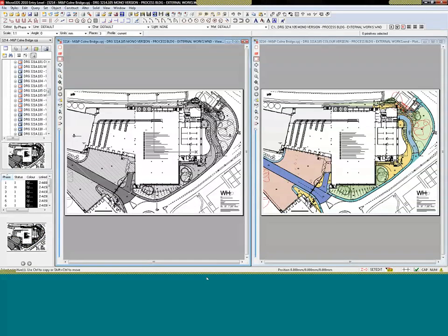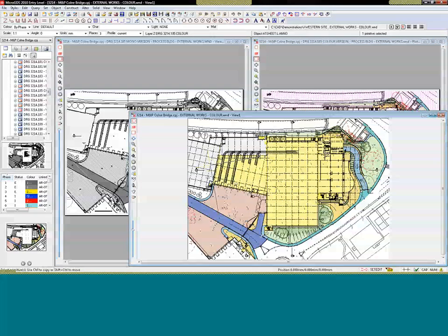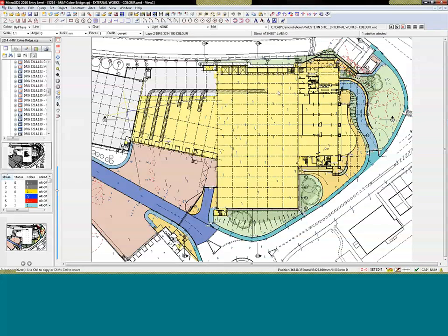There was a specific reason for doing that in this case. We were doing full-colour presentation drawings, but the local authority wouldn't accept colour drawings. So we had to produce the monochrome versions as well. So we drew everything with these hatch styles, and then if we look at our, just open that drawing there, all that we did is in our drawing we set up versions of the layers